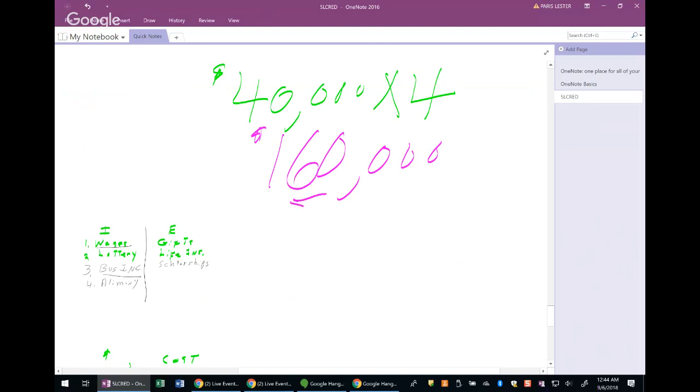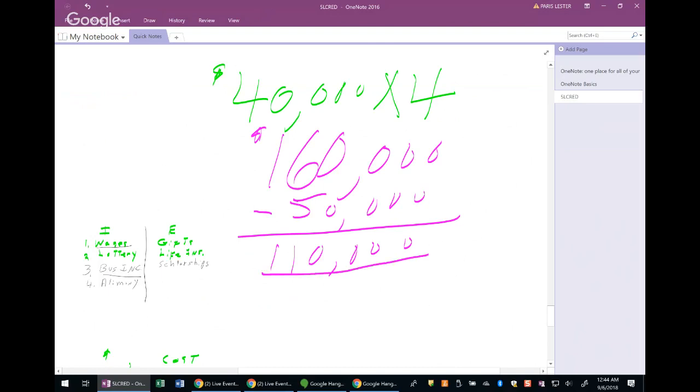All right, what is 40,000 times 4? His insurance is going to be 160,000 a year. The IRS says, hey, Jonathan, we'll let you exclude 50,000 of that. That's what the IRS does say, you exclude 50. So Jonathan, you've got 110 more thousand coverage, more than the IRS allows.